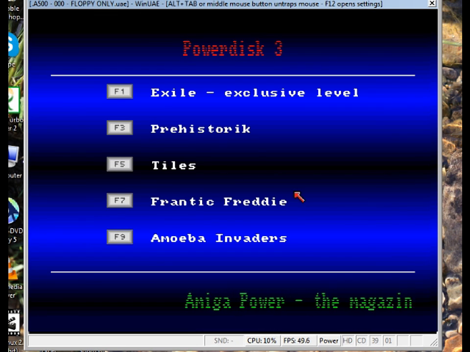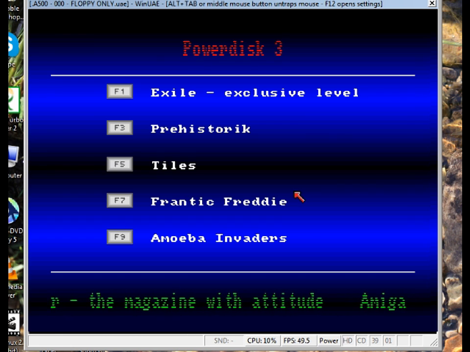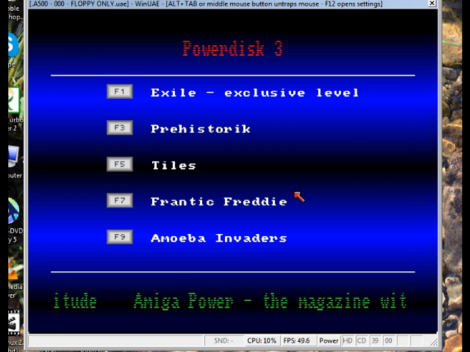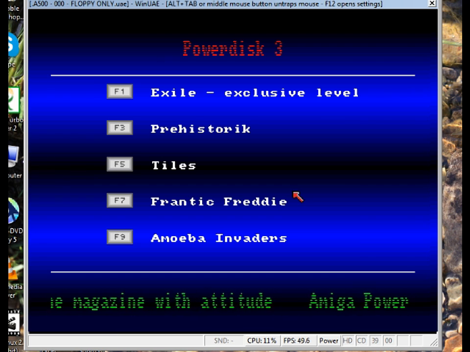In this case we've decided to load Amiga Power cover disk number 3, which contains an Exile demo and a demo of Prehistoric, a Tiles game, and Fantastic Freddy, which is a PD game, as well as Amoeba Invaders, which